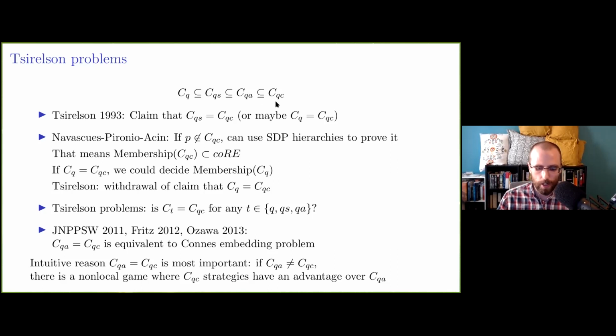You can see there, just using standard methods in analysis, that it's closed. And so when you talk about separating closed convex sets, if they are different, they can be separated by a hyperplane. And a hyperplane more or less corresponds to a game. And so if these two are separated, that would mean there is a non-local game where CQC strategies have an advantage over CQA strategies. And that would mean, because CQC strategies, if they're different from CQA strategies, are necessarily infinite dimensional,